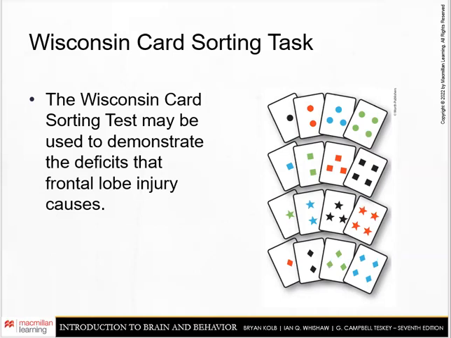It's where essentially the participant or the patient receives a deck of cards, containing multiple copies of those represented here, and it's presented with rows of 4 cards selected among them. The task is to essentially place the card in the pile to the appropriate card in the row, sorting by one of a few possible categories. But the patient is never explicitly told the correct way in which they're supposed to sort the card. And instead, they're only told whether their response was correct or incorrect.